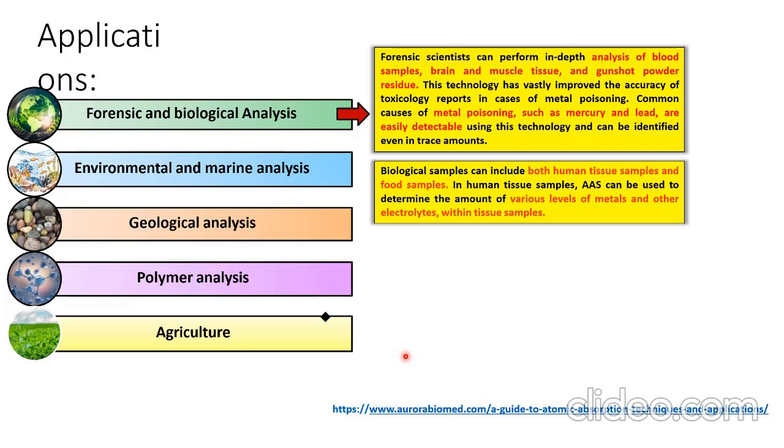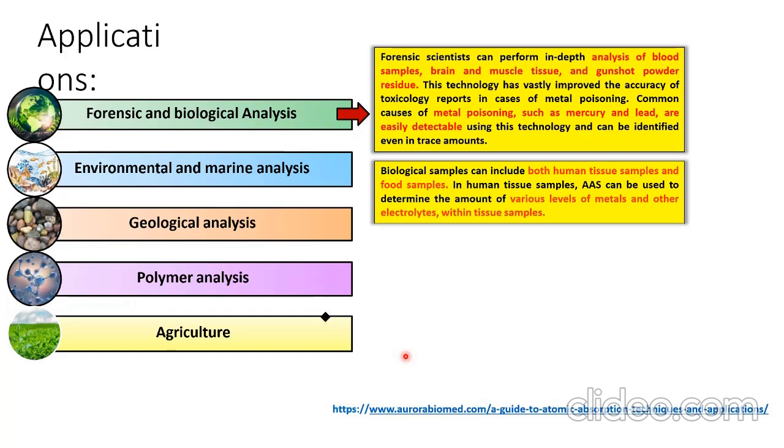This technology has vastly improved the accuracy of toxicology reports in cases of metal poisoning. Common cases of metal poisoning such as lead and mercury contamination can be detected with the help of this,